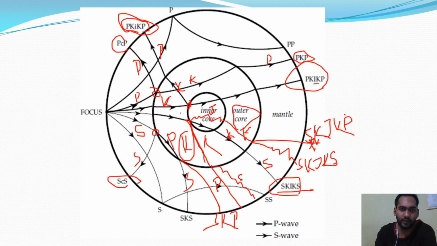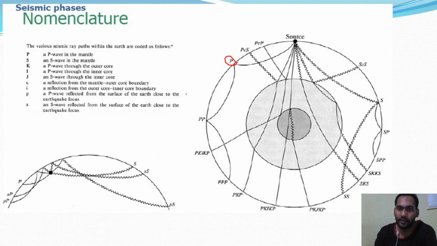I hope I have told you what is focus. Here it is focus. What is focus? It is the source of earthquake. At that point the seismic waves are generated. For this nomenclature, here the surface is the source, right? We are sending the seismic waves from the surface itself, right? So the focus is on the surface, near surface. So from the source the waves are traveling into the interior, right? So here it is the source, the near surface area.